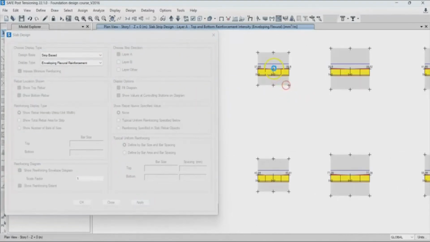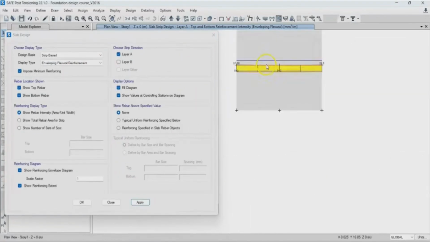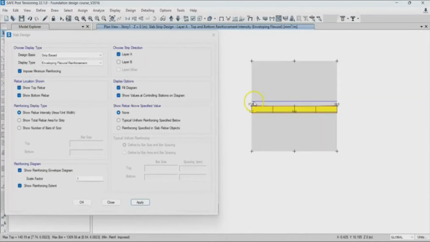So now as you can see, let's take a look at this particular strip. Now you can see for layer A, this is showing us the reinforcement demand along this strip in the S direction. So this is what it means. So you can see we have this large